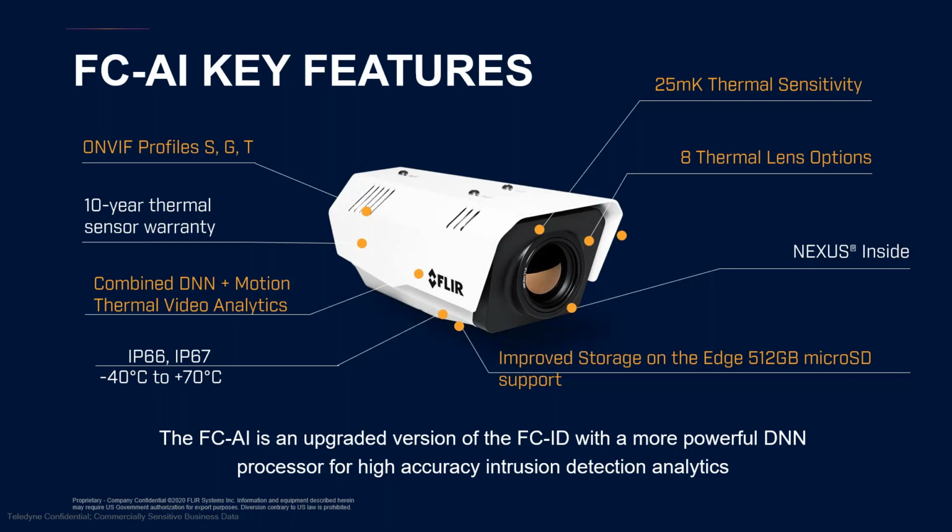That's always good, right? Storage on the edge gives you redundancy that you don't have, even in failover situations with Latitude or VMS. In failover, like archive or failover, you still lose data unless you have a scheme like this with SD cards on board, and then the server loses access to the camera. Now, if the camera dies, you lose everything. So let's get that straight. But if the camera's alive and it just loses access to the server,